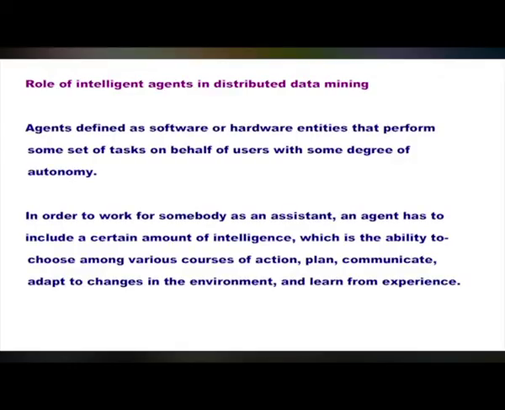Now, let us have a look into the role of the intelligent agents in distributed data mining. First, we need to understand what is an agent. Agents are defined as software or hardware entities that will perform some set of tasks on behalf of the user with some degree of autonomy. Therefore, in order to work for somebody as an assistant, an agent has to include a certain amount of intelligence, that is the ability to choose among various courses of action, plan, communicate, adapt to changes in the environment and